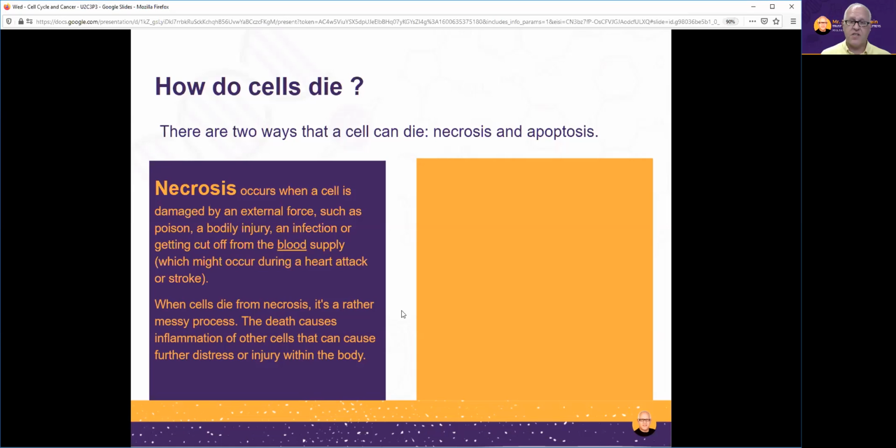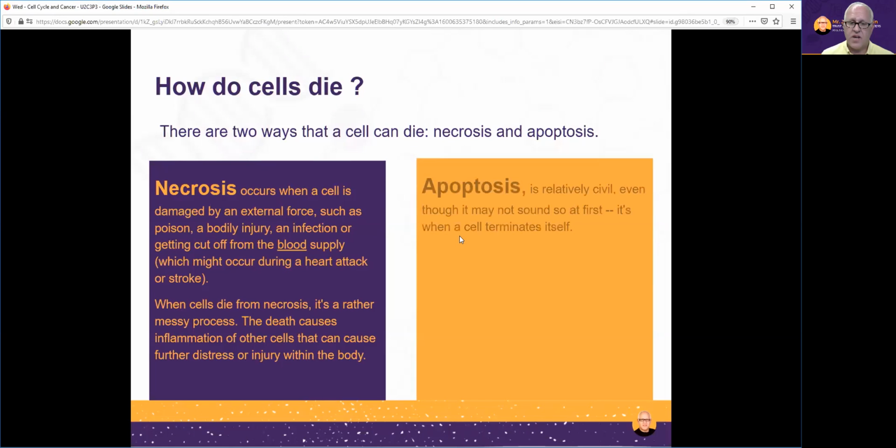Now, in the diving that I do, many commercial divers, these are guys that do diving for their job, over time, because of the extreme pressures that the body is put under underwater, they develop bone necrosis. And bone necrosis is where the cells in the bones start to die and the bones become brittle. So necrosis is another term that we use for when a cell is damaged by an external force.